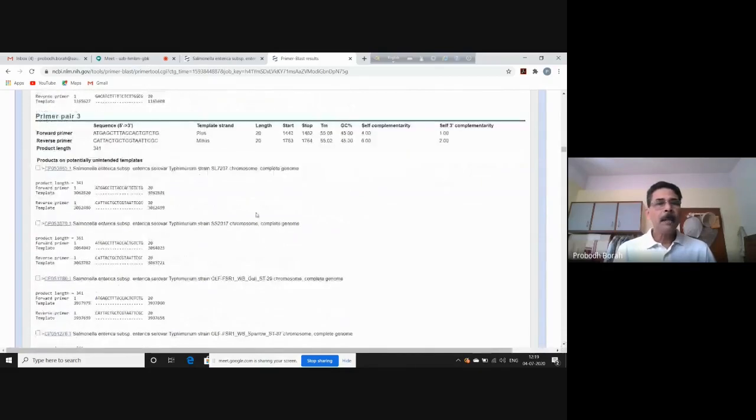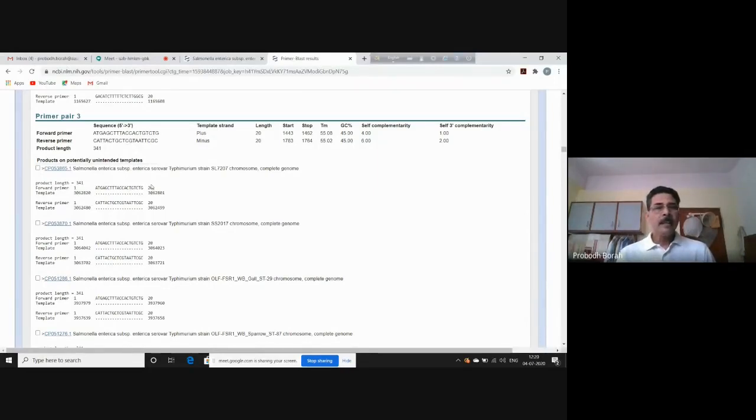Okay, third primer pair. Here 20 length, then 55 TM value, 45 GC percentage, okay, fine. 341 is the product length. Then see the first primer, last 5 nucleotides, 3 are G or C. Here also 3 G or C, okay, fine. There are 3 T, but not more than 3. The run is not there. Here also run is not there. Dinucleotide repeat is also not there in either. So this pair seems to be a better primer, depending upon the primer properties that we have.